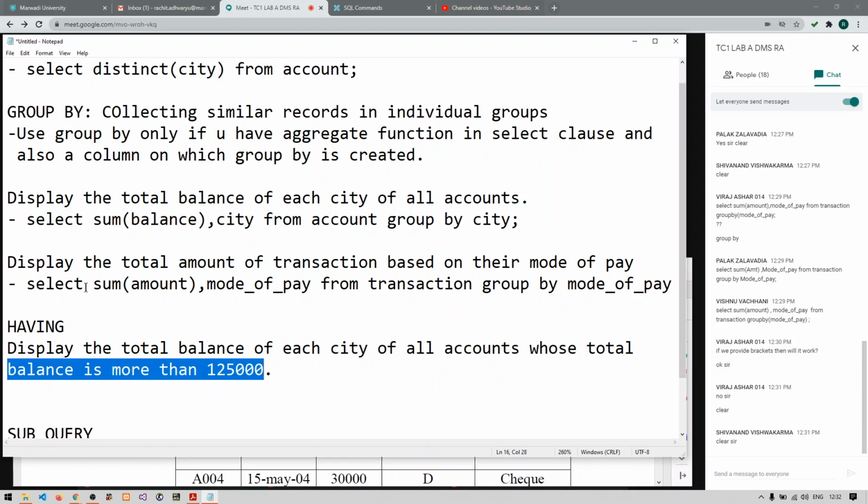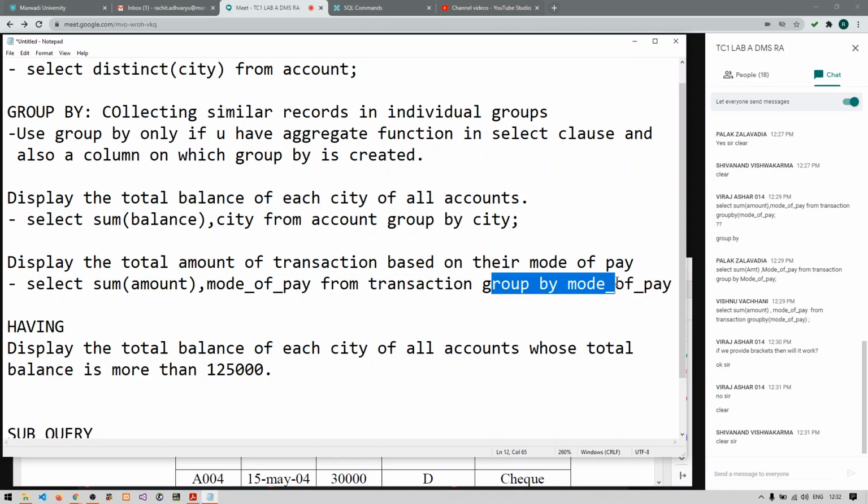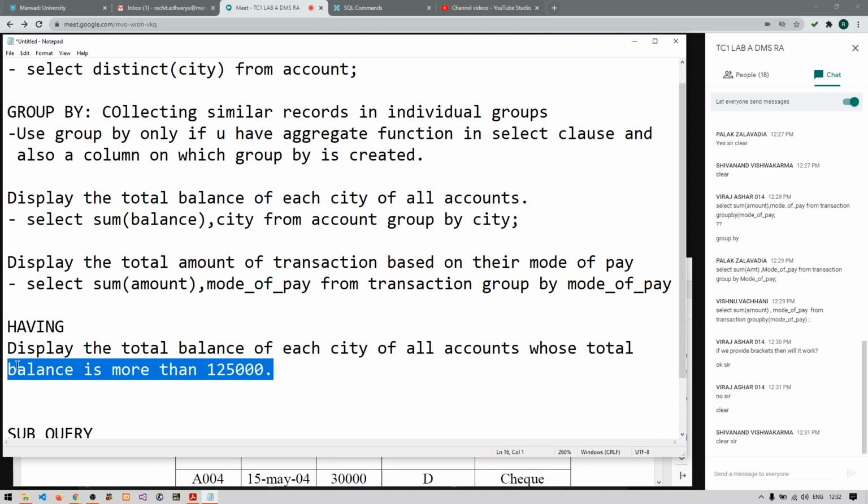It means that there is a condition on a group by, because we have grouped the data and we are finding the total balances, right? And for that balance we have a condition that the balance should be more than 1,25,000. So whenever we have such a scenario, we cannot use where condition.